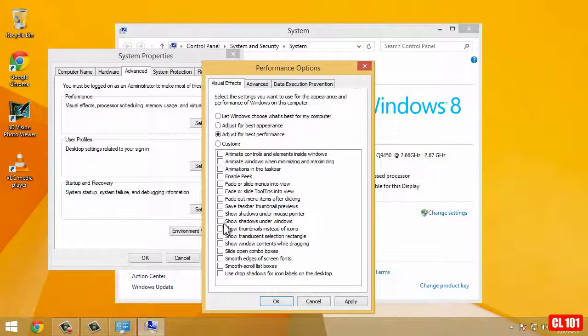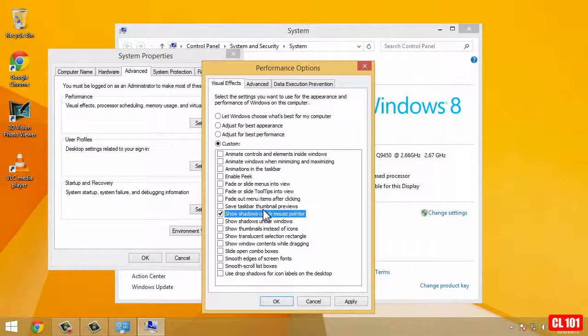Now you can put some check marks for stuff you can't live without. Let's say you definitely need a shadow under your mouse pointer, then you can leave that on. But the fewer you leave on, the better it is, because the faster Windows will run, because there'll be more resources available